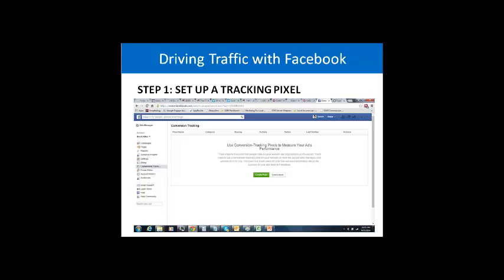So the first step in advertising with Facebook is you really want to set up a tracking pixel. And a tracking pixel is something that's going to enable you to create a specialized list or sublist of people who have already expressed interest in your particular offer, so that in subsequent ad campaigns, instead of targeting a broad audience or even a targeted audience with the Facebook targeting features, you can target only those people who have already taken an action and shown an interest in what it is that you're promoting. So the first step is to set up a tracking pixel,